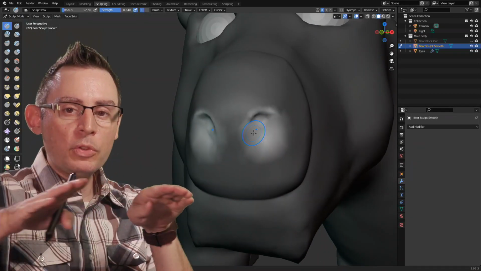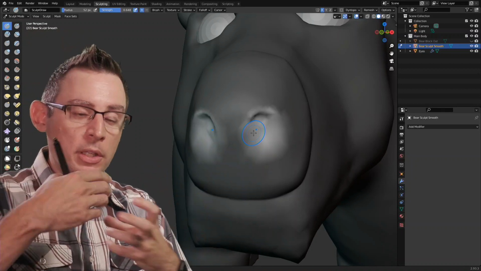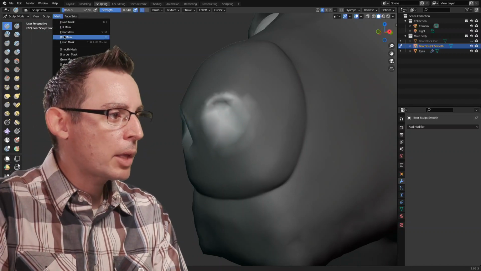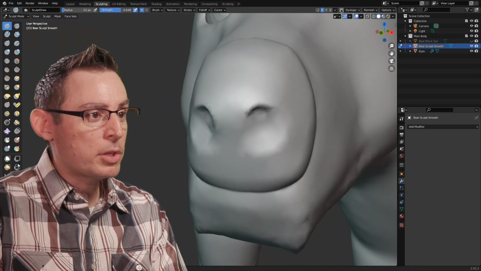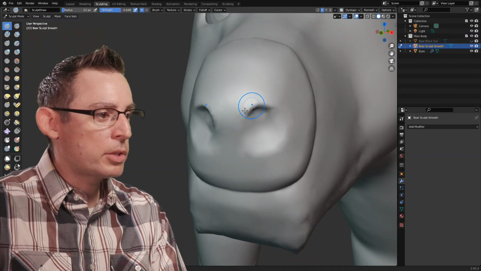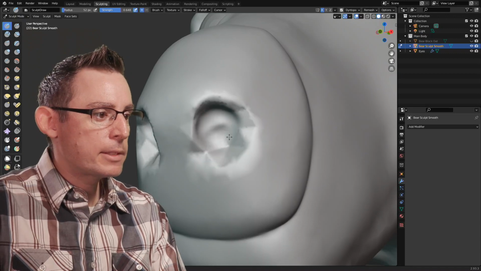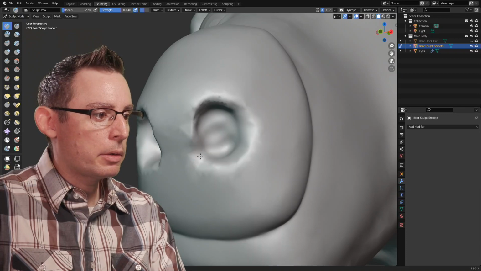It's been smoothed and sharpened so much that it's influencing the entire area of my mesh, which is fine because I'm going to clear it out. I have a good indication of where my start and stops are going to be. And now I'm just going to turn on Dyntopo, go into my Sculpt Draw tool, and now check it out. Yeah, here we go. Now we're getting in there.